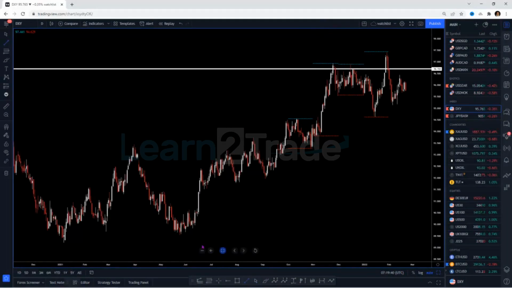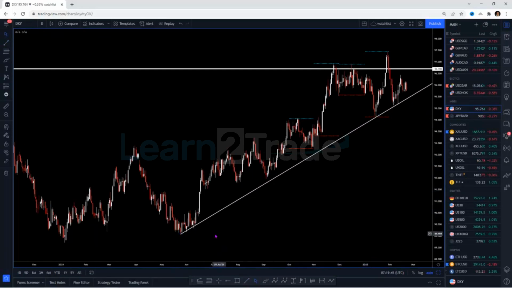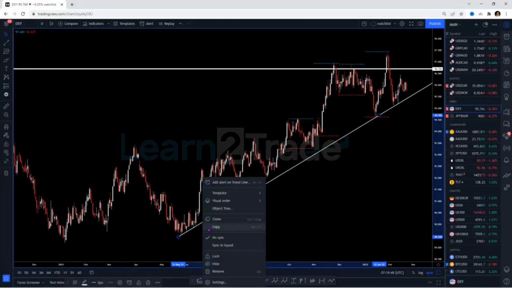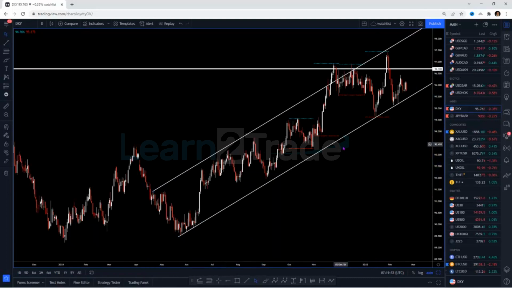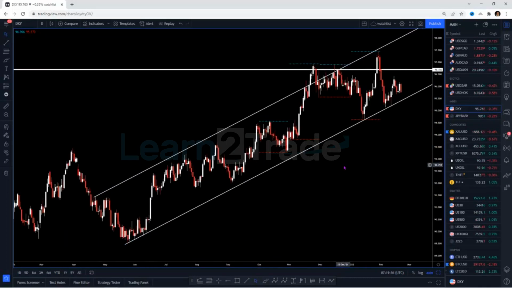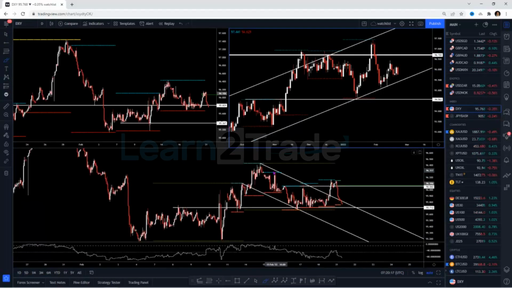Now, technically speaking, we are still inside of a bullish structure, but very close to breaking this structure on the longer time frames, right? I am not looking for buys anymore on the US dollar, and I'm going to explain to you why. Technically speaking, again, we are in a bullish structure, and the reason that I am not looking for buys is because of Sunday's open, and of course because we are so close to this level right here that a buy would have no edge in that trade, right?